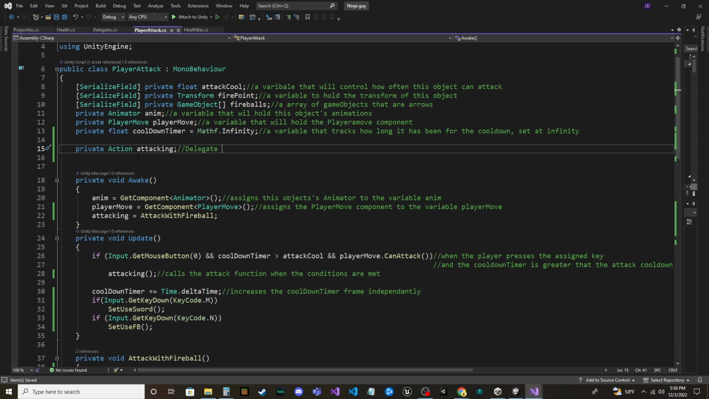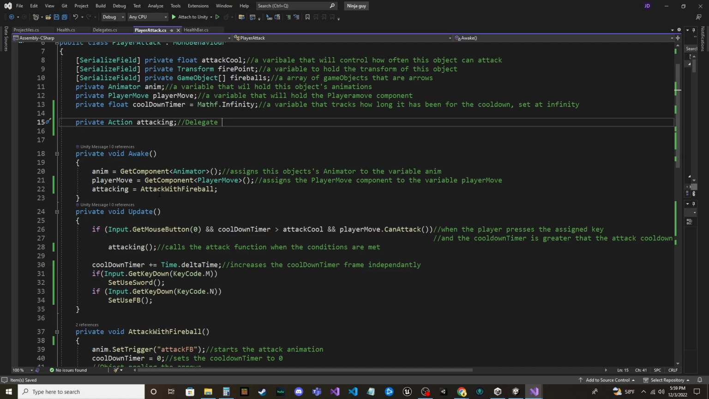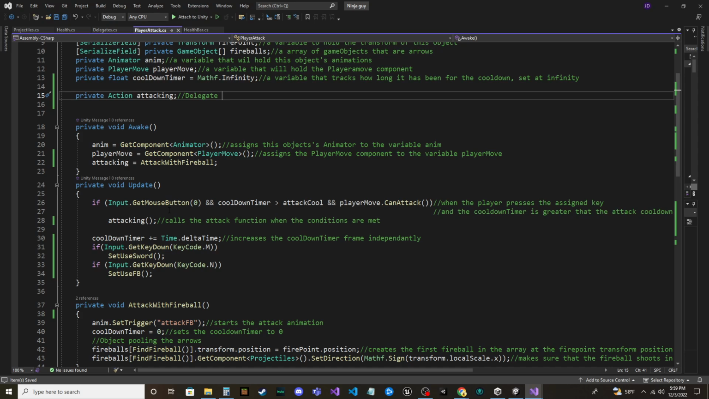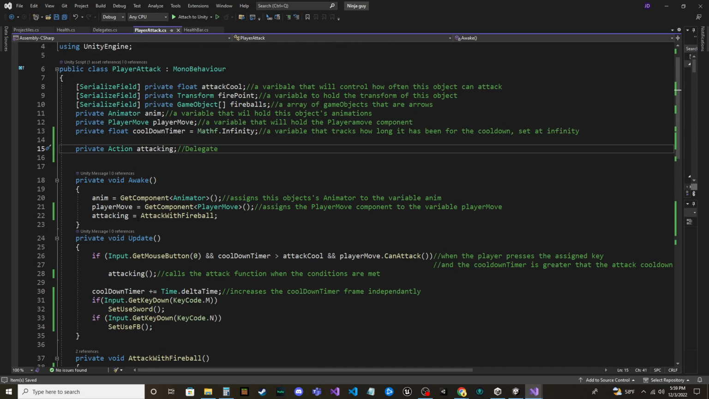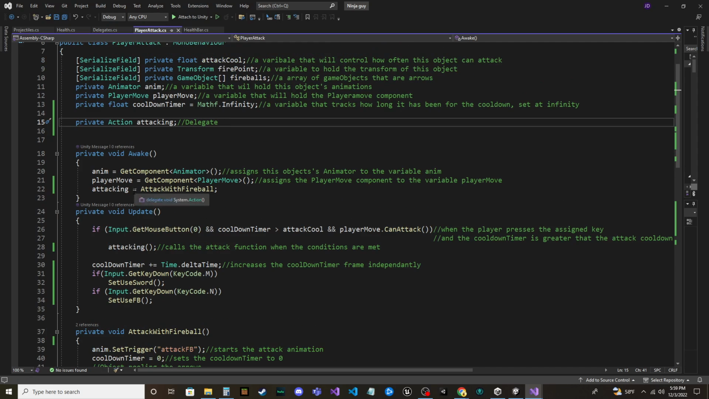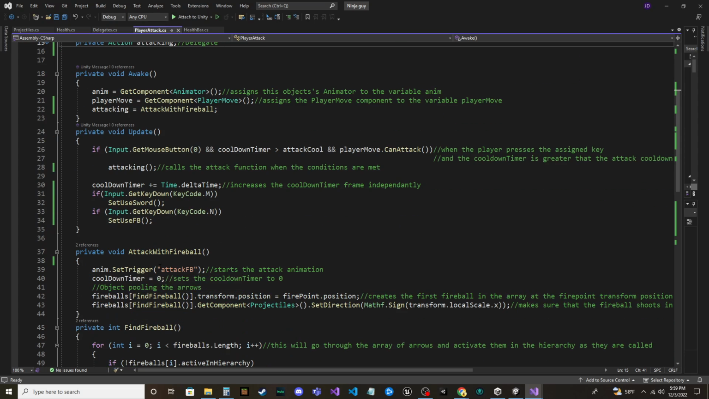So here I store the private action, which is also a delegate. It's basically a generic template for a delegate. I'm naming it attacking, and it's going to start off as attacking with fireballs. The player is initially going to be able to use fireballs, and what that basically means is whenever the attacking function is called, before a certain condition is met, it'll call the attack with fireball method,